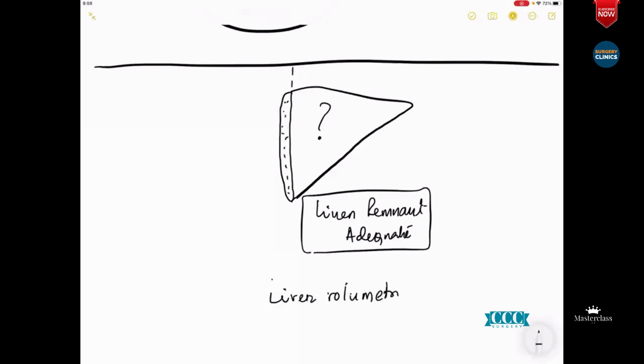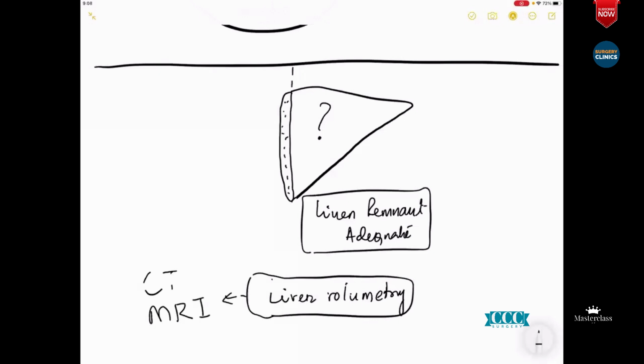Now, what is liver volumetry? Liver volumetry is a CT scan or an MRI, because nowadays there are MRI protocols, which if you read Blumgart, they are going to tell about that. If you compare CT versus MR volumetries, definitely the radiologists have a good job in predicting whether this amount of the right lobe or the left lobe of the liver is okay. But that is the radiologist's impression.